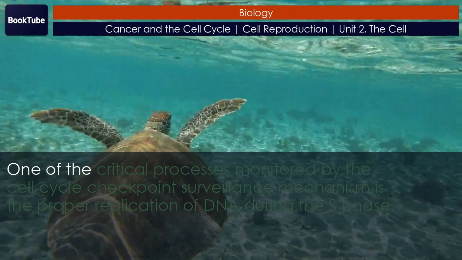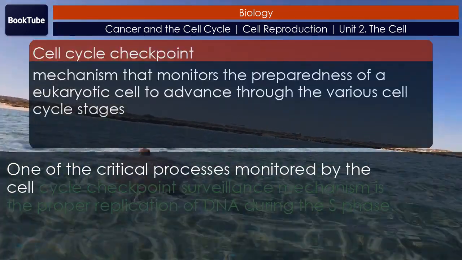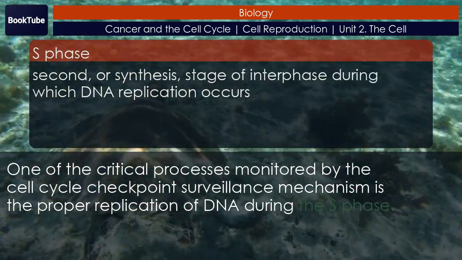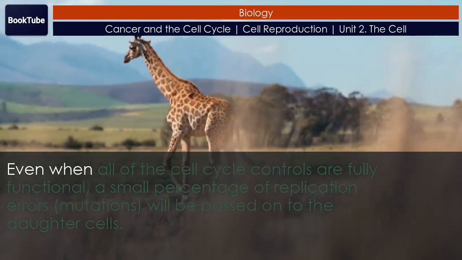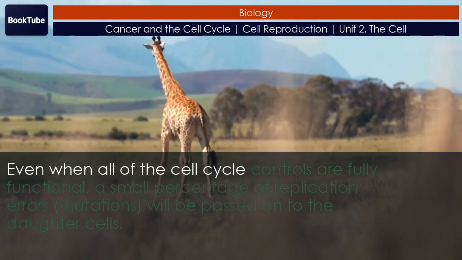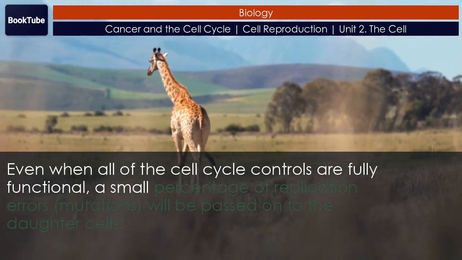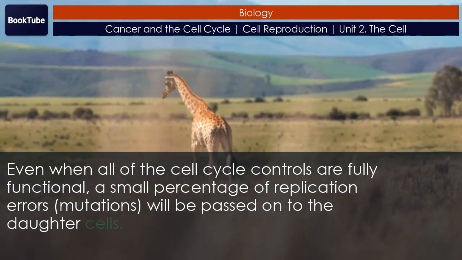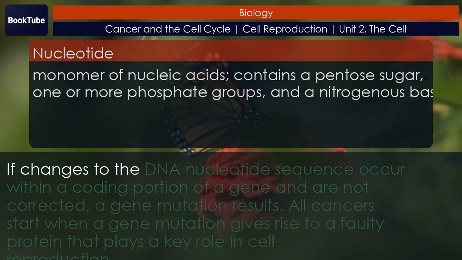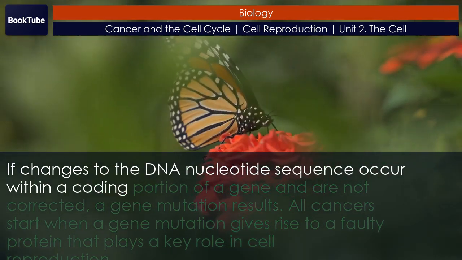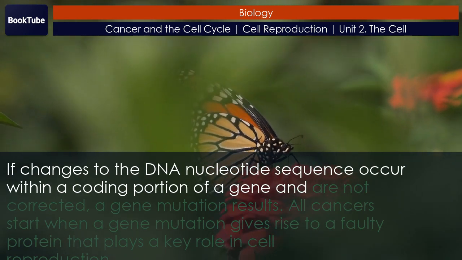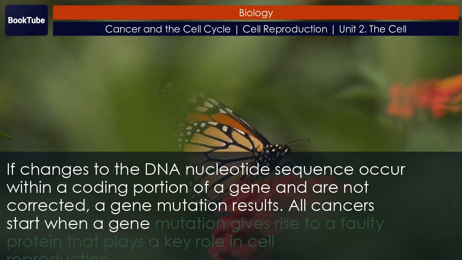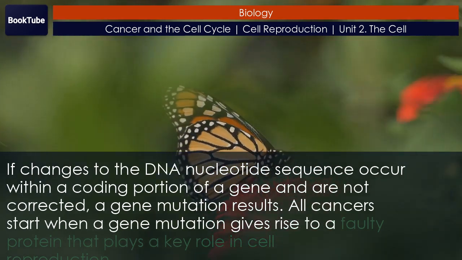One of the critical processes monitored by the cell cycle checkpoint surveillance mechanism is the proper replication of DNA during the S phase. Even when all of the cell cycle controls are fully functional, a small percentage of replication errors, mutations, will be passed on to the daughter cells. If changes to the DNA nucleotide sequence occur within a coding portion of a gene and are not corrected, a gene mutation results. All cancers start when a gene mutation gives rise to a faulty protein that plays a key